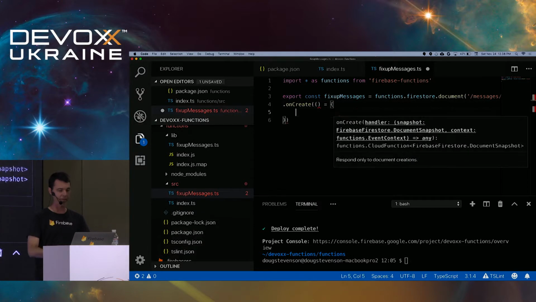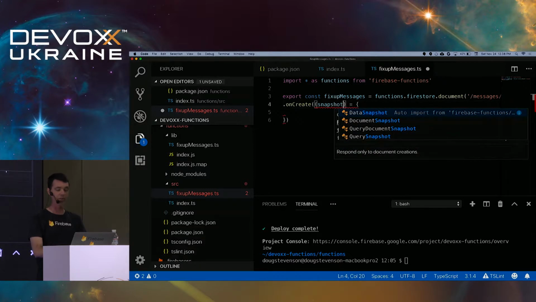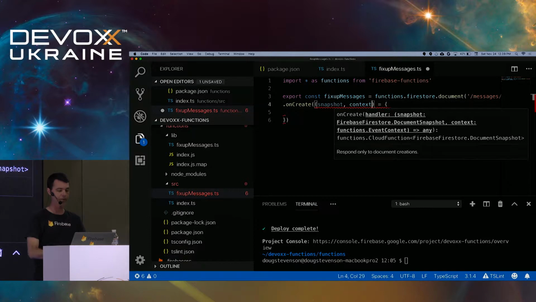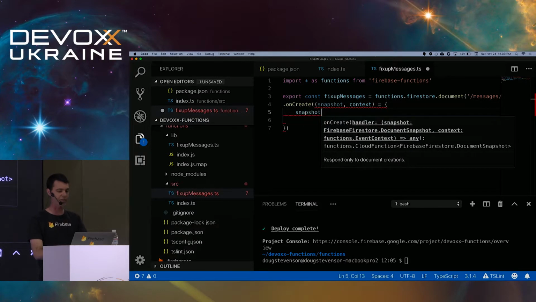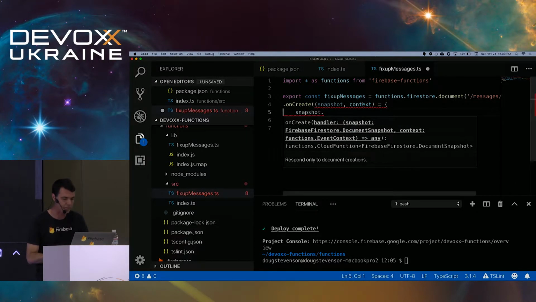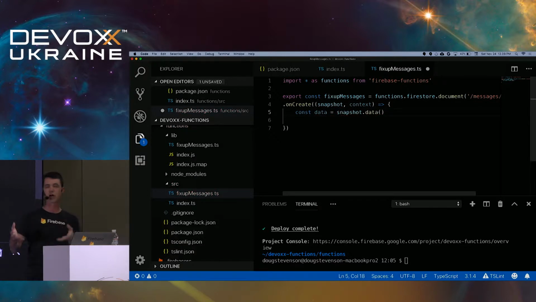will give me a lambda that I can execute. So when a new document is created, what it will pass me is a snapshot of the document that was created and some context, which I won't use. That's okay. What I can do here is I can look at the snapshot. There's an error here. I'm missing an arrow, yeah. So I can look at the data. So when I call the data method on the snapshot, that's going to give me a view of the data. It's going to be just a regular old JavaScript object with the fields of the document mapped to properties on the JavaScript object. Then what I can do is reach into it and say that text field that I created,